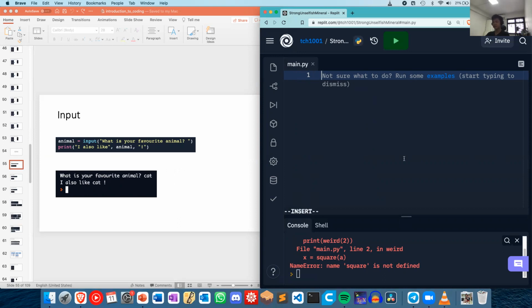Previously we talked about variables, and we know that variables can store information, but previously we just had the variable store whatever information, for example animals or cat. But this is quite boring, because whatever we want to implement, we need to type it into the code. Let's say we want to execute the program, and the program can talk to the user. So we can do something like that, right? So if we print animal,